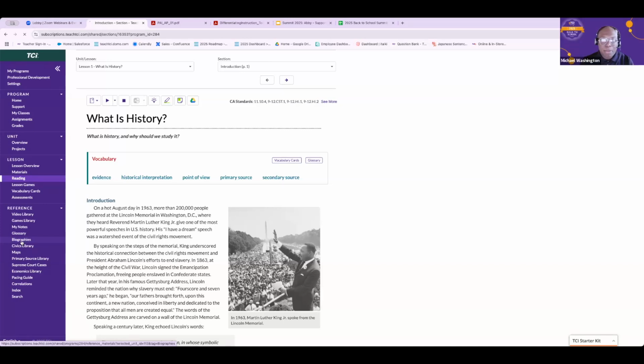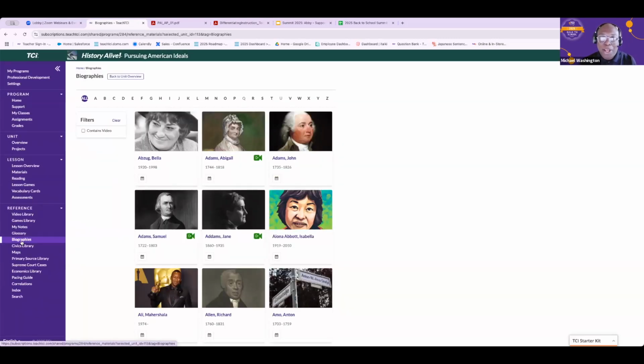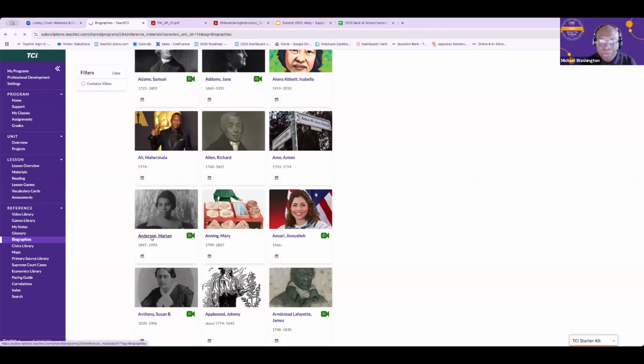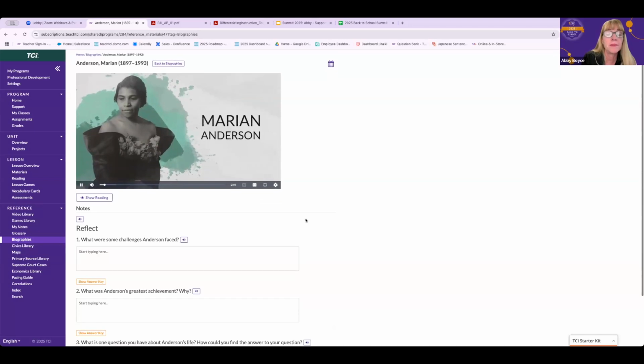My computer here is dragging a little bit to get to the biography. I would say that, Tiffany, the access points for middle school are coming. We need, definitely 100%, for you to keep putting feedback in so they can go a little faster. But we definitely eventually want to have those access points for our middle school teachers as well. And here's what Abby was talking about. When you see the little green camera, you can click on it, and I'll go to this one here. They're short and very engaging, and then you can actually assign the questions if you ever need them and get a good score on those.